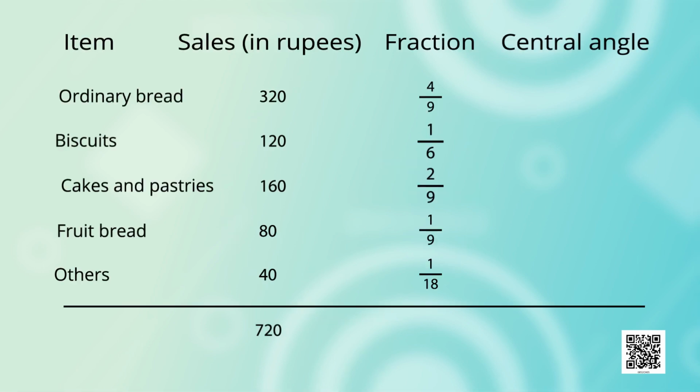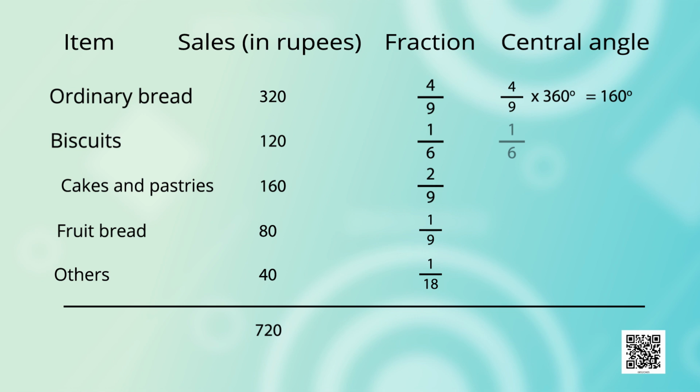Look at this table. If sale of ordinary bread is 4 upon 9th of the total sale, then the central angle corresponding to this item is 4 upon 9 into 360 degree, that is 160 degree. Similarly, if we have to draw a sector for sale of biscuits, how will we find it? Take fraction corresponding to it, 1 upon 6 multiplied by 360 degree. We get